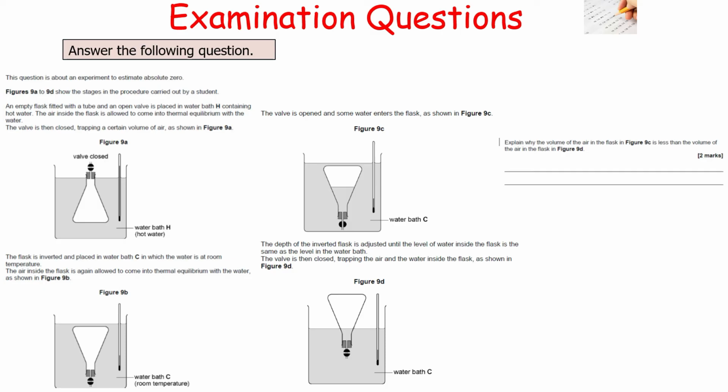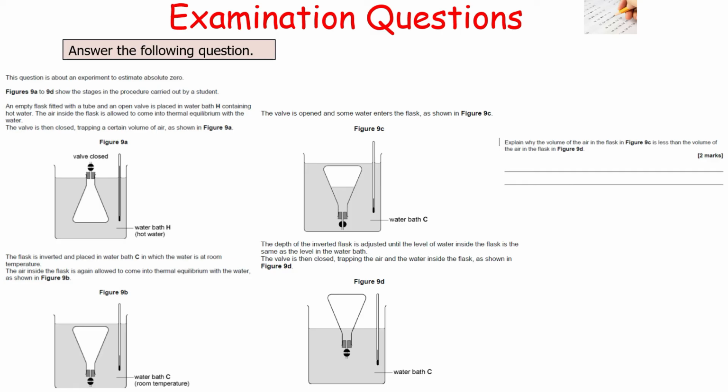An empty flask fitted with a tube and an open valve is placed in water bath H containing hot water. The air inside the flask is allowed to come into thermal equilibrium with the water. The valve is then closed, trapping a certain volume of air as shown in 9a. The flask is inverted and placed in water bath C, in which the water is at room temperature. The air inside the flask is again allowed to come into thermal equilibrium with the water as shown in figure